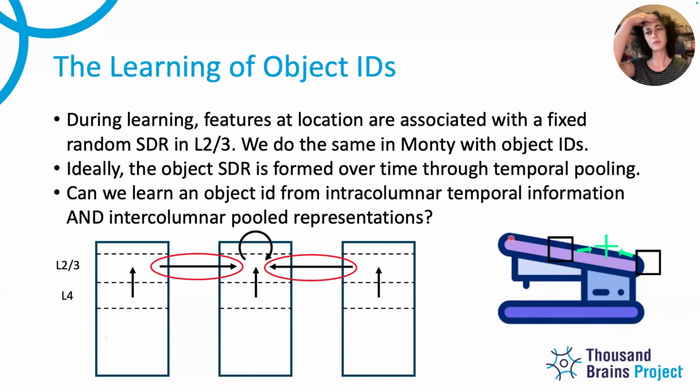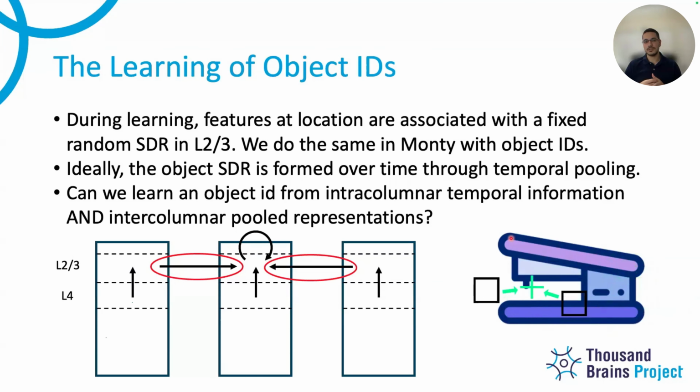But wouldn't that then make the problem actually worse instead of better? Like we just have more instability in the system, and it still needs to see all of the locations before it stabilizes and can do inference? I don't know if it's worse. I think it's inevitable. It has to learn this kind of translation invariance in the object ID. I mean, this is the best I could come up with in terms of what I think the best solution is for voting and shared learning. It's unstable until it learns a stable object ID.